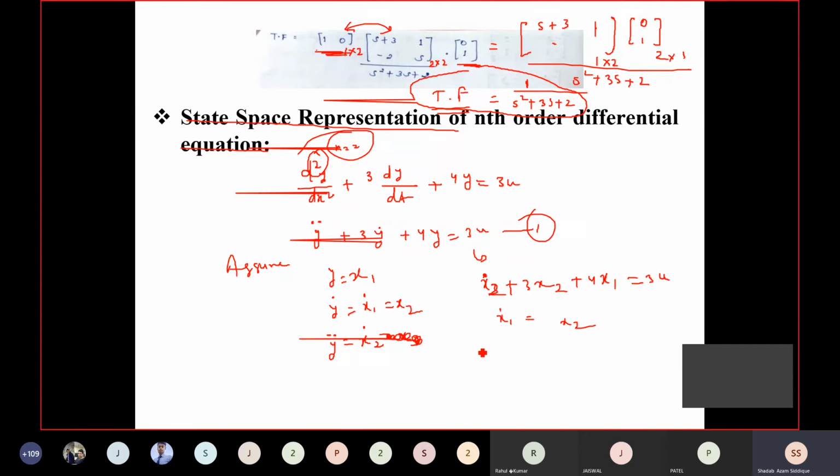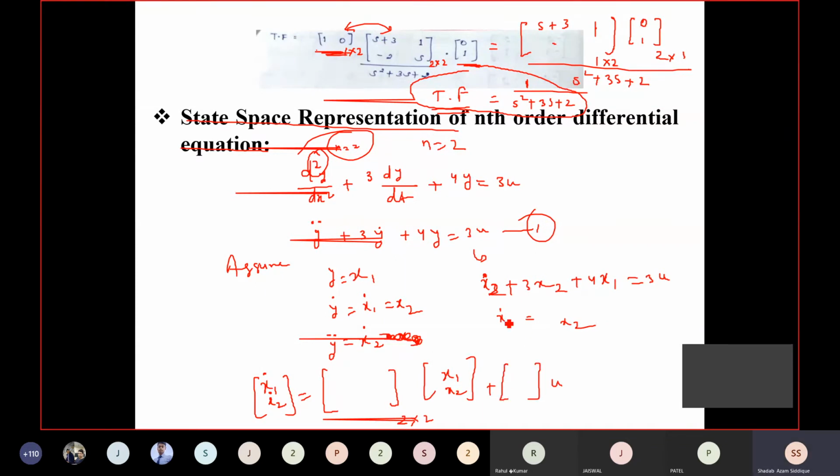So if we put into the matrix form, what will happen? We'll get x1 dot and we'll have x2 dot, in a matrix form. So I'll try to write in a matrix. N is what? N equal to 2. So what 2 cross 2 matrix will be there? A dimension. So 2 cross 2 matrix, and we have x1 x2. And we have plus u.